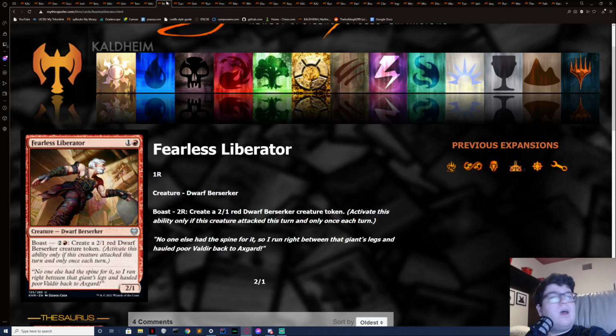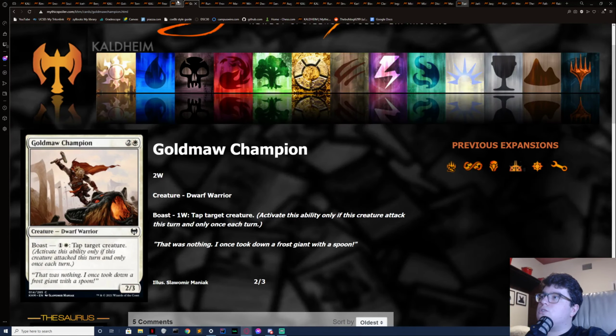Okay, next I want to talk about Boast synergies. There's a good amount of synergies with Boast. Sorry, I'm trying to look at my guide. Boast in a good curve. So Boast is an interesting mechanic in that the creatures with Boast, such as these three, get a lot